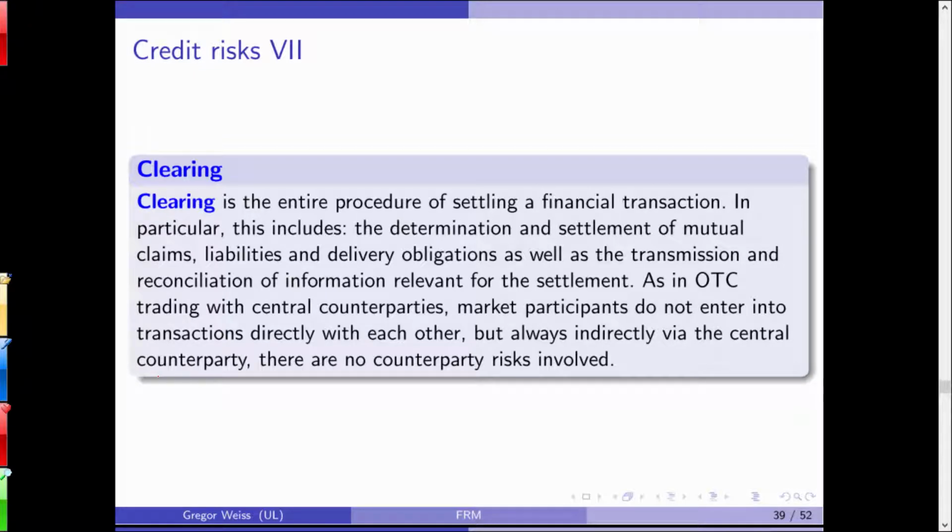If, for example, you enter a future contract, if you trade in derivatives, in many cases you buy a derivative, but you only have to pay later. And the price you have to pay can still change. Today you would enter a contract that is worth 100 euros, and you are able to pay 100 euros. But if the price develops adversely, you might have to pay 200 euros, and you might not have 200 euros, you only have 150.